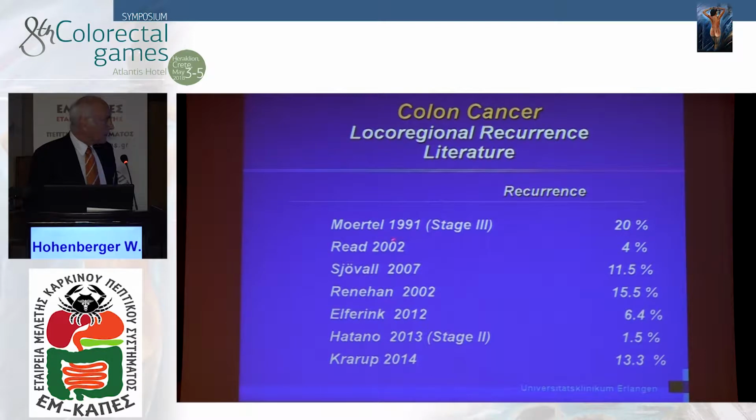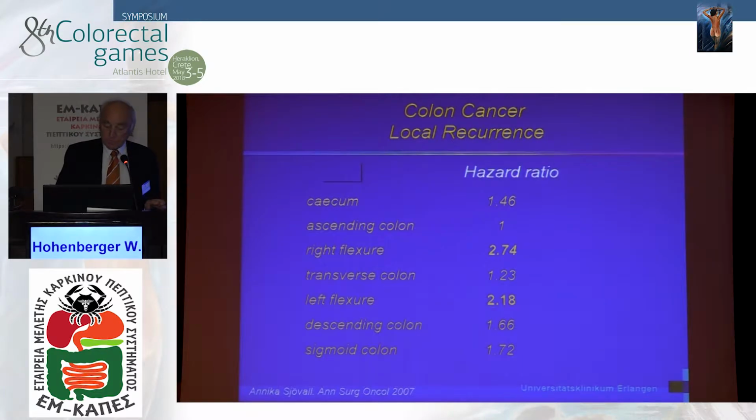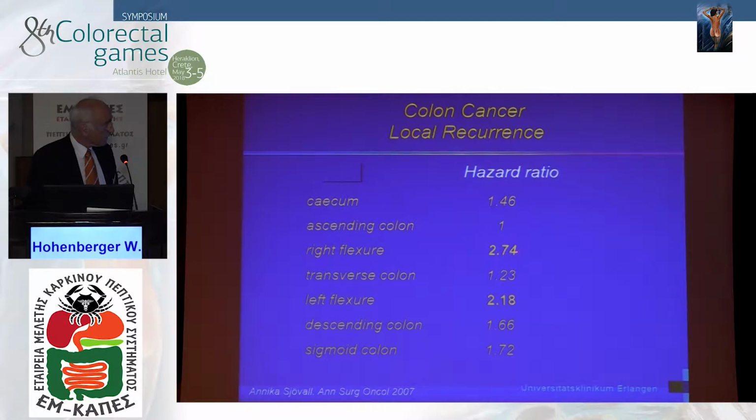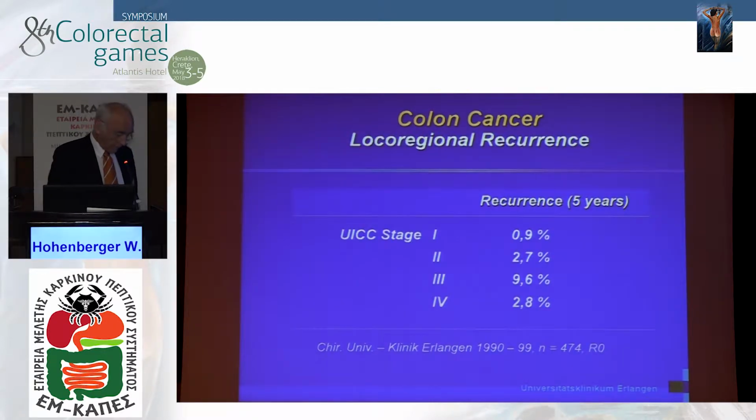And we have to question that in the future, whether it's really needed with high-quality surgery and quality control of surgery in trials. So she reported 11.5% from the Stockholm area, and the hazard ratio showed that there's the highest rate of recurrence with flexure carcinomas, almost 3 times increase compared to ascending colon. And there's our data, which we in our first publication had reported. It was close to 10% in stage 3 and dropped now, as we have published in the British Journal, to about 4%, but we have not yet analyzed in detail related to the site of the tumor.